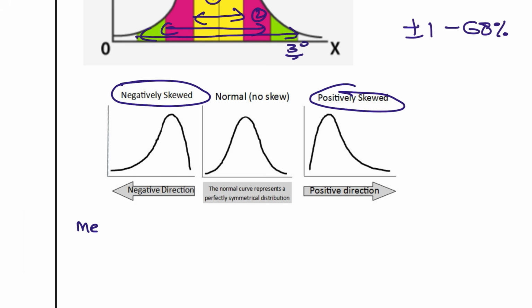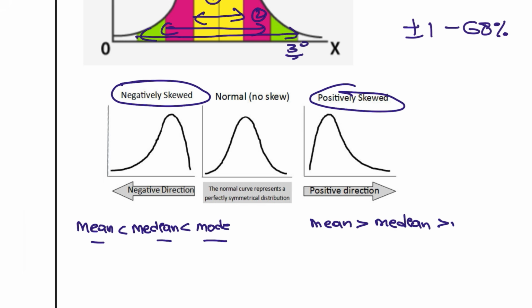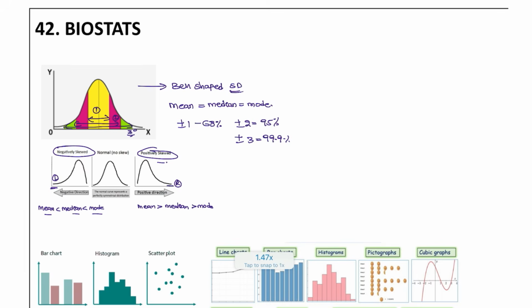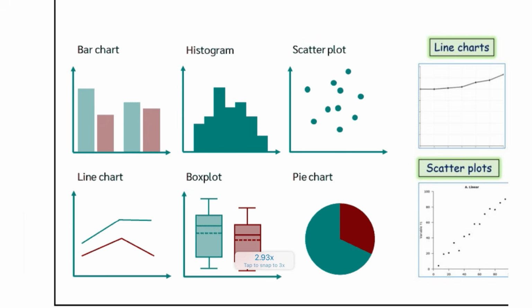Next, negatively skewed and positively skewed. Here the mean is unequal to the median and mode. In one, the mode is higher than the median, and the median is higher than the mean. Here the mean is higher than the median, and the median is higher than the mode. The tail on the right side is positively skewed, and the tail on the left side is negatively skewed. Okay, you can remember that. And the images that you can recall: bar chart, histogram, scatter plot, line chart, box plot,